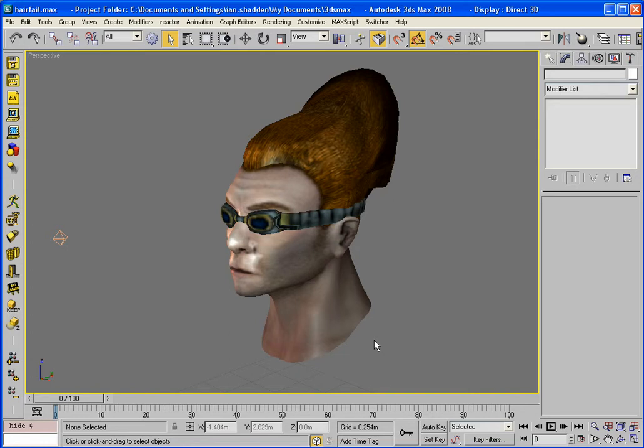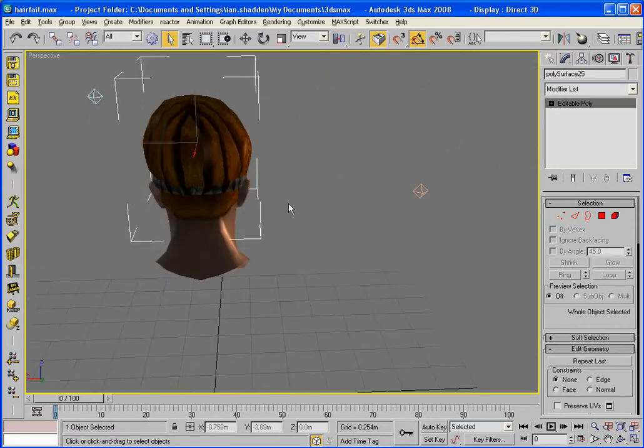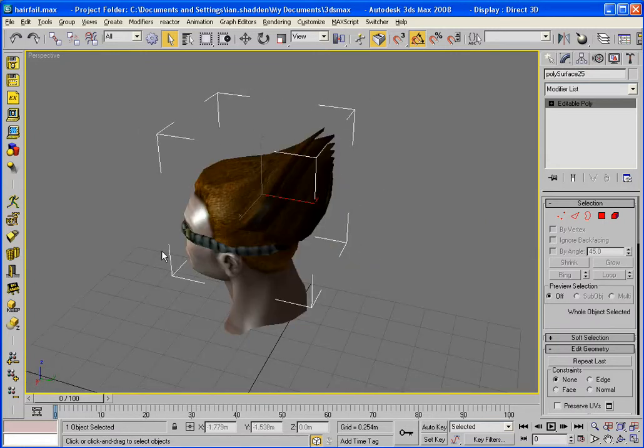Ian here again. Hair planes in general, alpha planes in general, can be somewhat of a pain to set up appropriately. Even as you see with this guy Stryker,